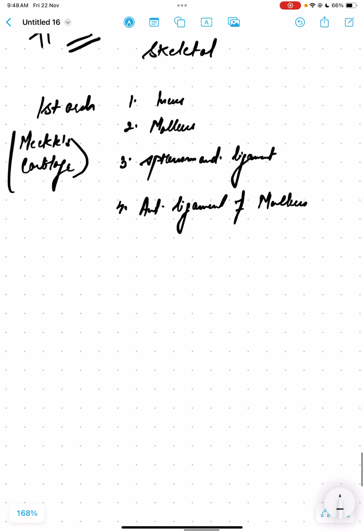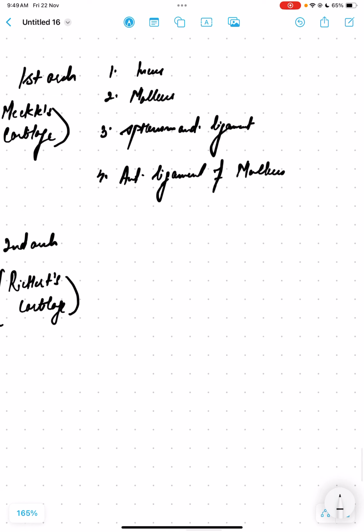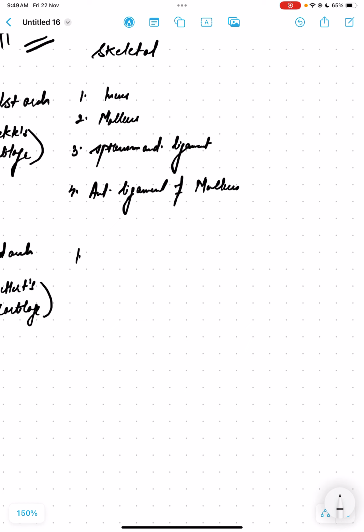Okay. So the second arch is called Reichert's cartilage. What are the things that are involved in skeletal derivatives? It involves stapes. 2 ear bones are in the first arch and 1 ear bone is here. What are the 2 ear bones that are seen? Incus and malleus, and here only the stapes. Then we involve here the styloid process, the stylohyoid ligament,